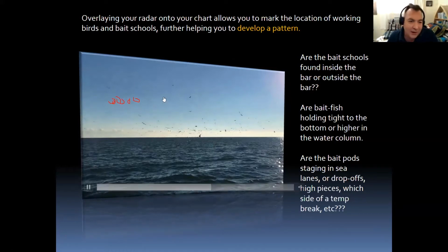Okay, guys, I have to clear my little patterns. I see them still up there, but we're going to get into radar in a minute. I'm jumping the gun a little bit with this slide, but I have a purpose for this. Overlaying the radar is one of the features we're going to talk about, and it's one that I really implore you to do. What it does is it allows you to mark the location of working birds